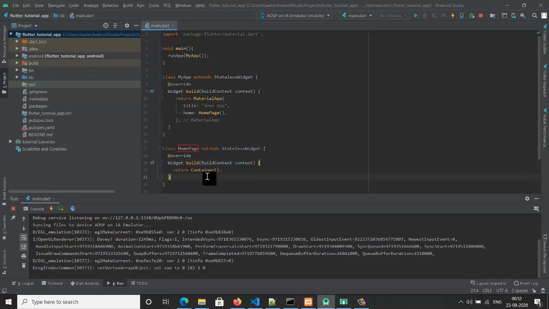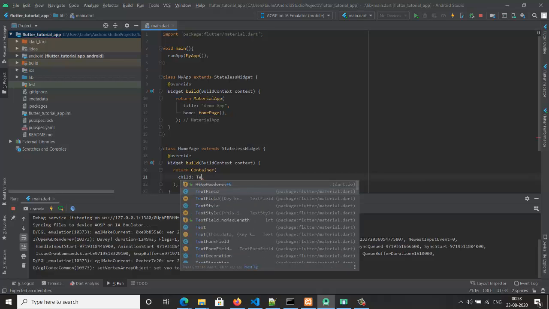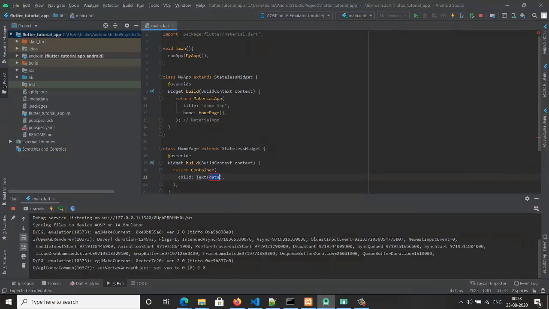In this way we'll just return a Container. Inside the container we have a child, say Text. Normally we will just display the text, stateless widget.